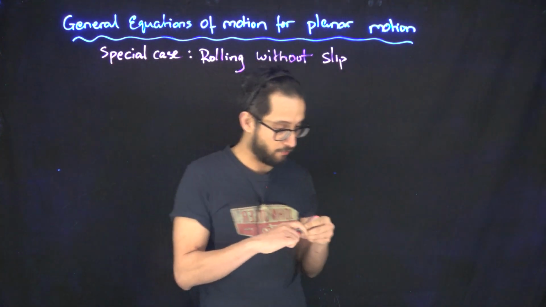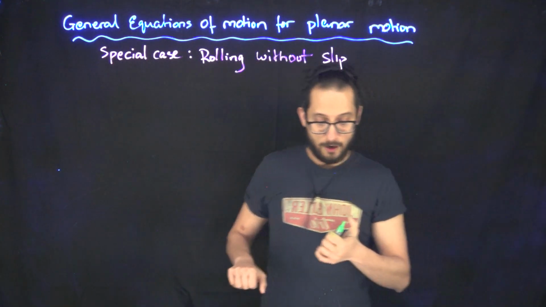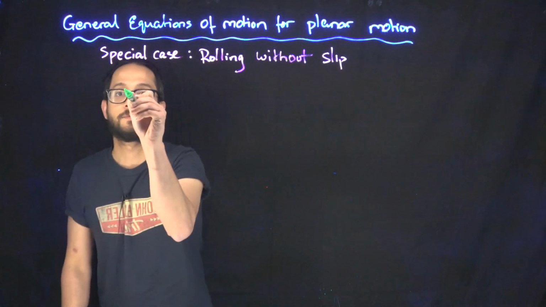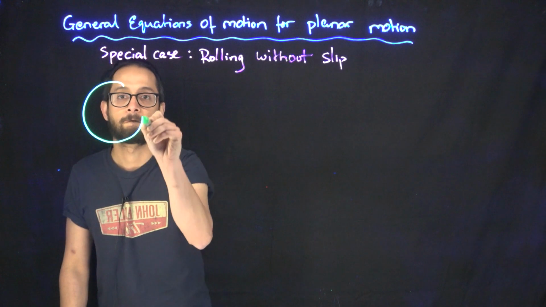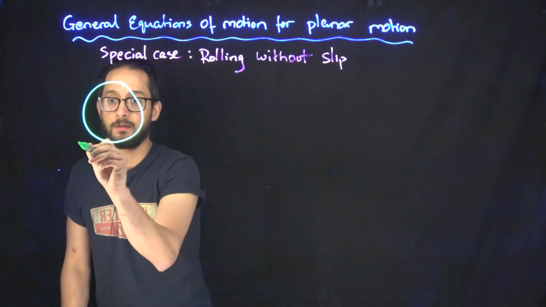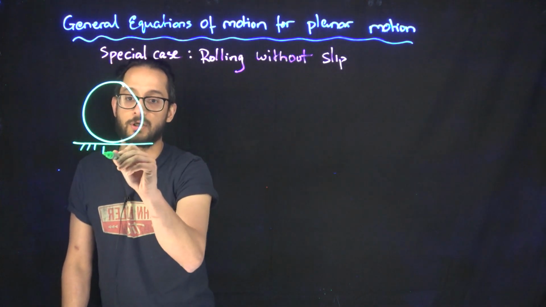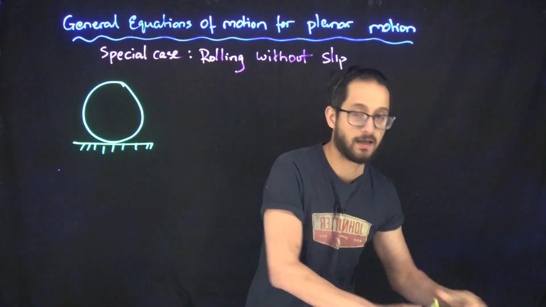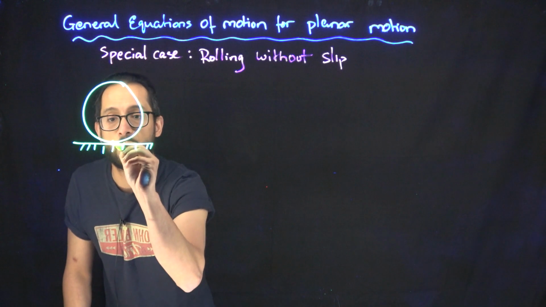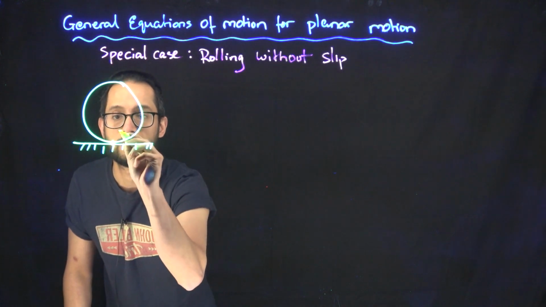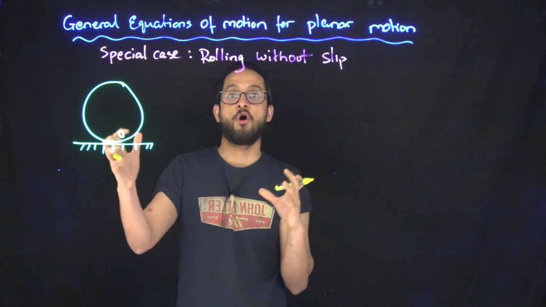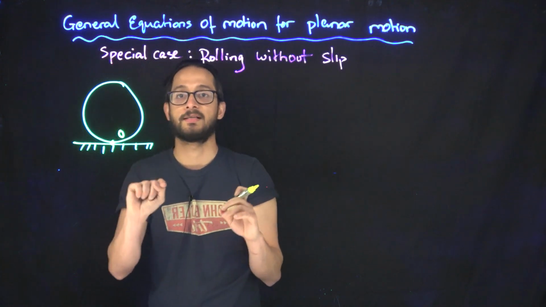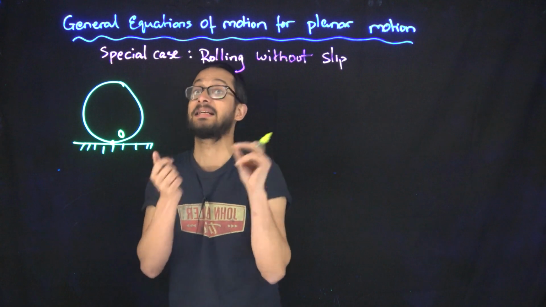All right, so for rolling without slip, what do we have? Say we have a wheel which is rolling without slipping. The interesting thing here is that at the point of contact, let's call that O, there is no movement happening. So the velocity at that point is equal to 0,